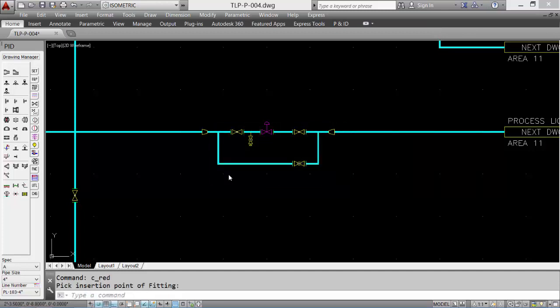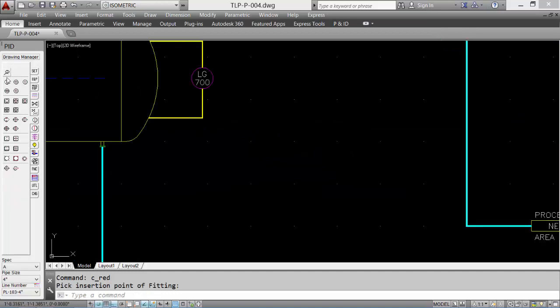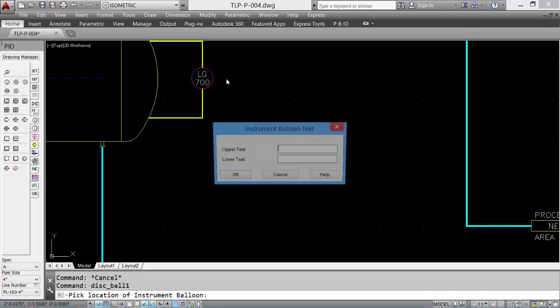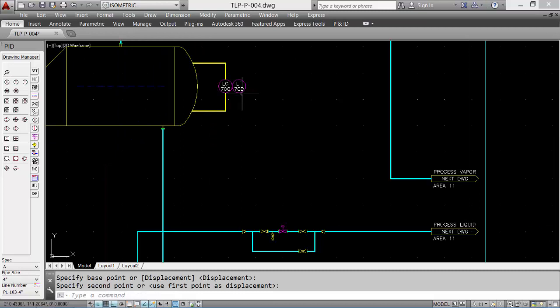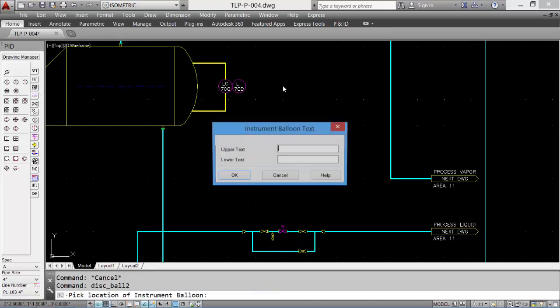Now we'll add the instrumentation to connect the loop. So we'll add another discrete balloon. This time we'll add the transmitter. Then we'll add a couple shared balloons, one for the controller,